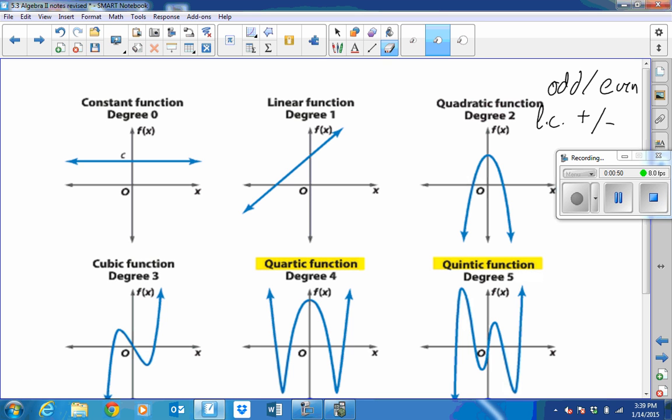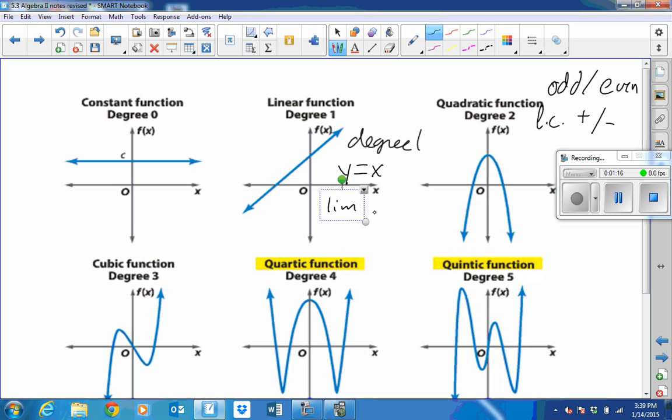But a linear function, if you think about a linear function, we're talking about an equation y equals x, or y equals mx plus b. A linear function always has a degree of 1. And it's really the basis of what's happening with any odd function, because 1 is odd. So when you look at this linear function here, it has a positive slope. Well, when our lead coefficient is positive, which is what slope is, our lead coefficient, we would say in this case that our limit as x goes to